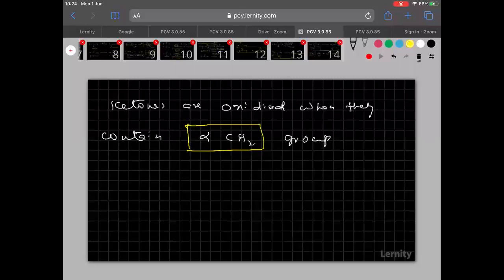You may ask me, which ketone, sir? Is it symmetrical, unsymmetrical? Whether it is symmetrical or unsymmetrical, whatever it may be, if it contains alpha CH2 group, then only such type of ketones will undergo oxidation. What is alpha CH2? We are going to see here. For example, let me take the ketone from the previous slide, CH3, C double bonded O, CH3. This is the functional group bonded carbon, alpha carbon. So alpha CH2 is there, you see. So does this undergo oxidation? Yes.